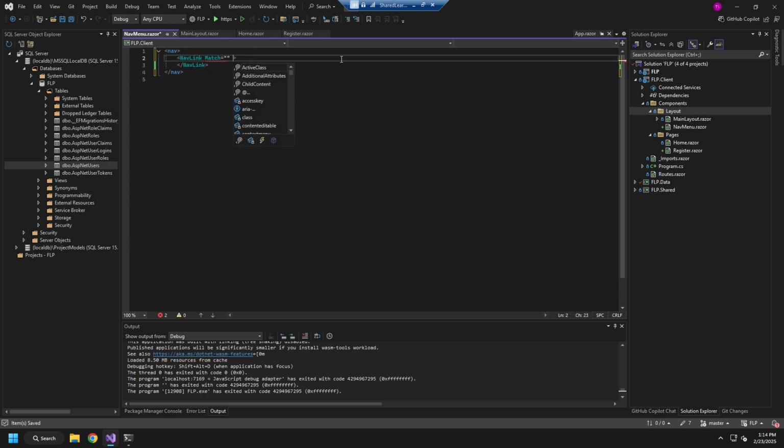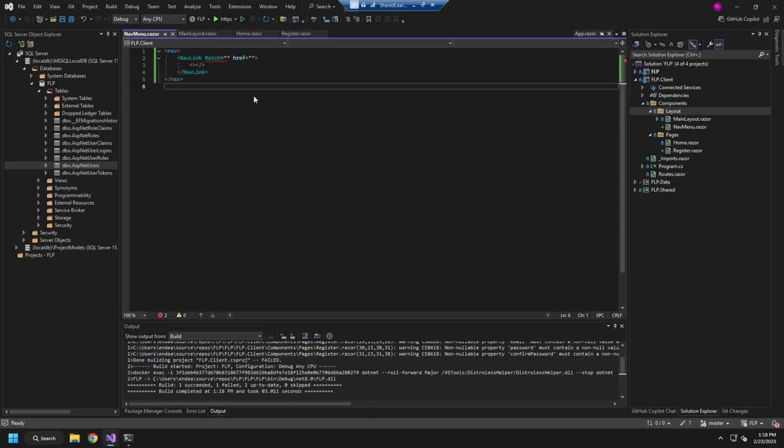We're going to say, and we're going to have a, do I have an href? I think I just have an href there. Anyways, I'm going to pause right here and make sure I'm doing this correctly. Okay. So after looking it up, we're going to make sure that the nav link, we're going to do some